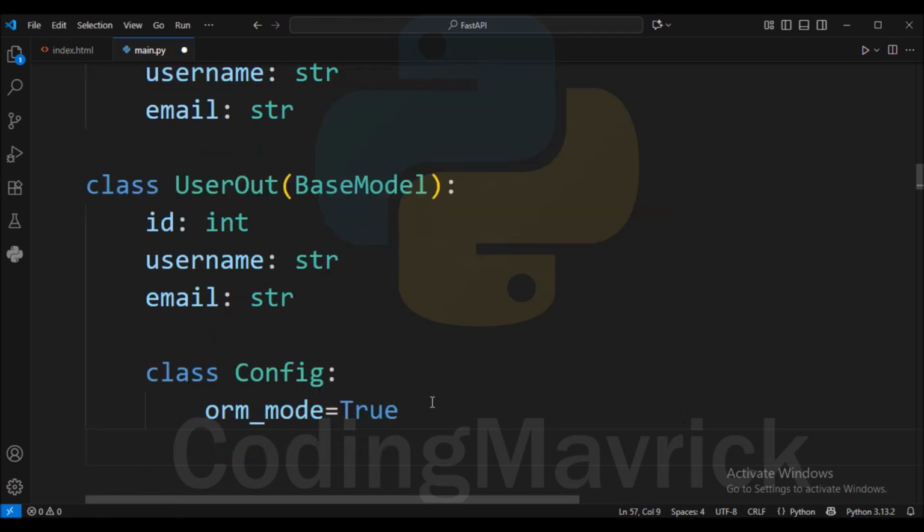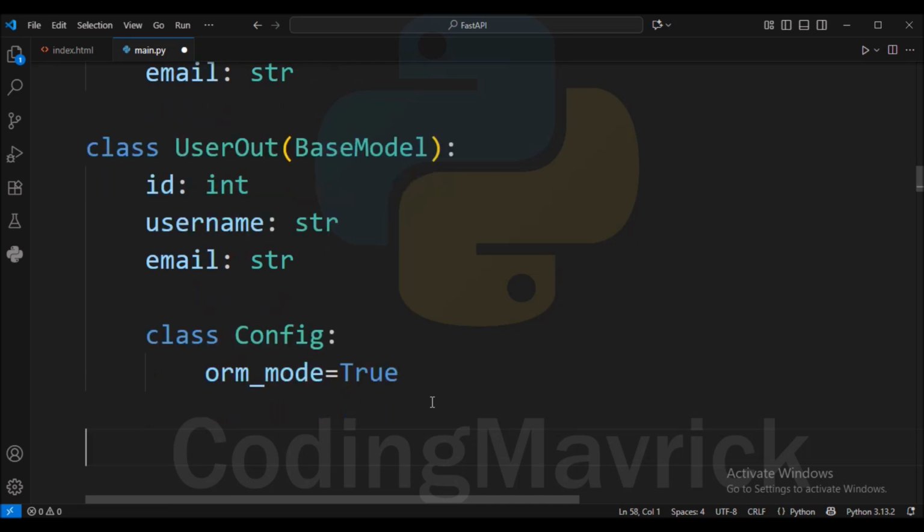This lets FastAPI return SQLAlchemy objects directly and have Pydantic serialize them safely. We make two different BaseModels for data input and data output because the data we accept and the data we expose are usually not the same, for security, clarity and control.